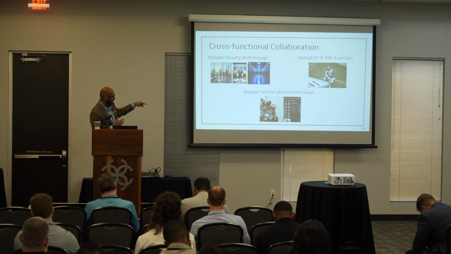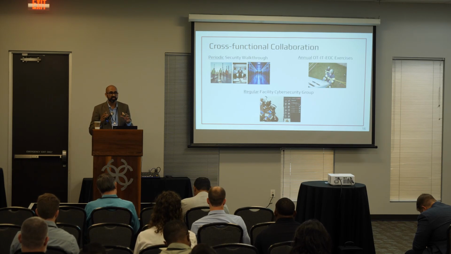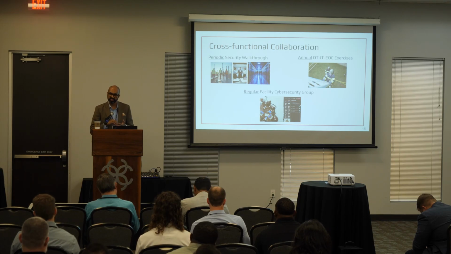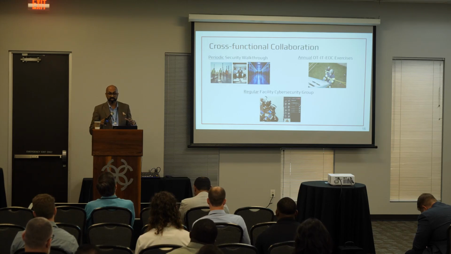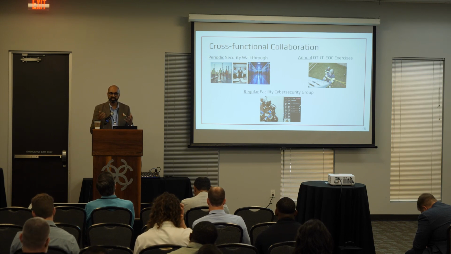And what you can do is you can have these quarterly, or once a month, meetings with all of these key personnel. Typical meetings usually have 5 to 6 members, usually have an OT person, a DCS or PLC specialist in it, and they can keep changing, right? So today they may send a person from the DCS group, and tomorrow it may be somebody from the safety group. It doesn't matter. As long as they're part of the group, as long as they're getting the emails, as long as they're meeting and discussing some of the key challenges they're facing in terms of security.